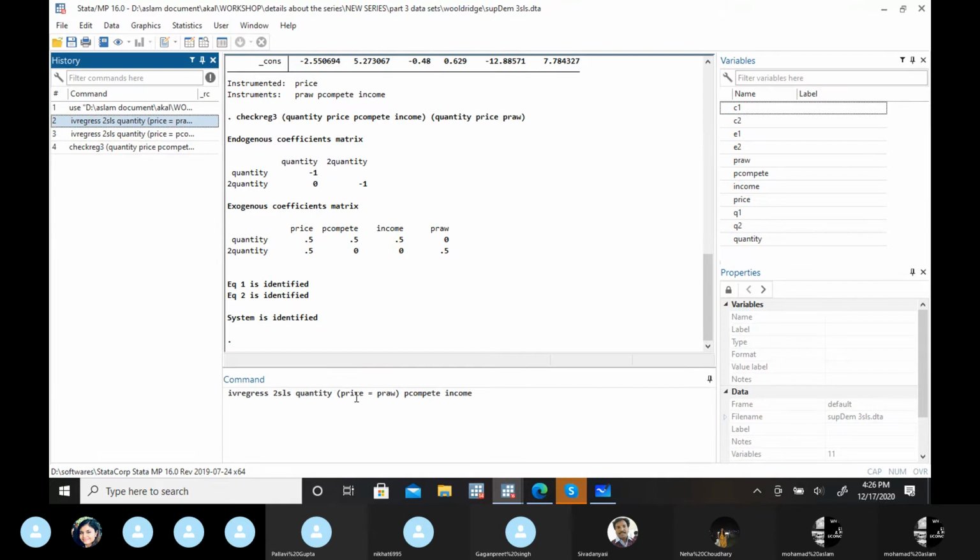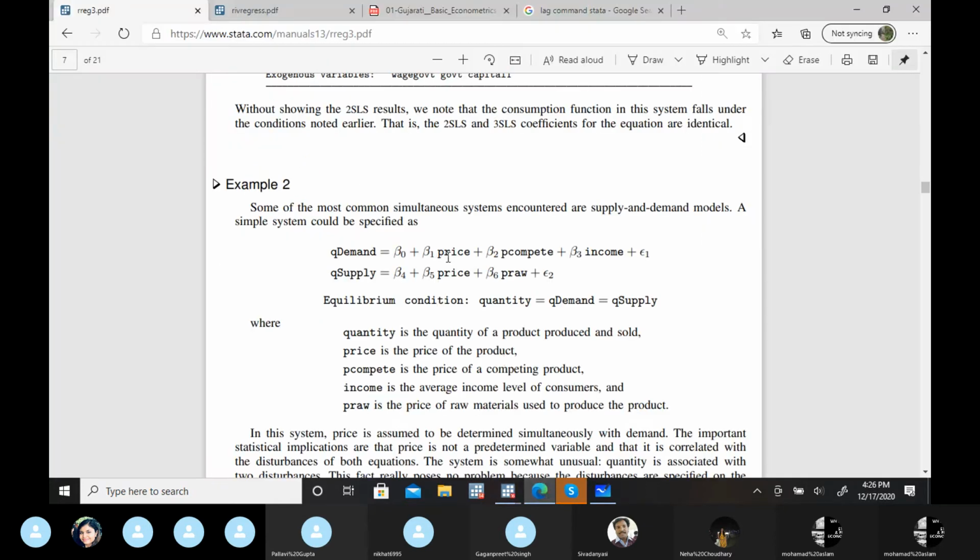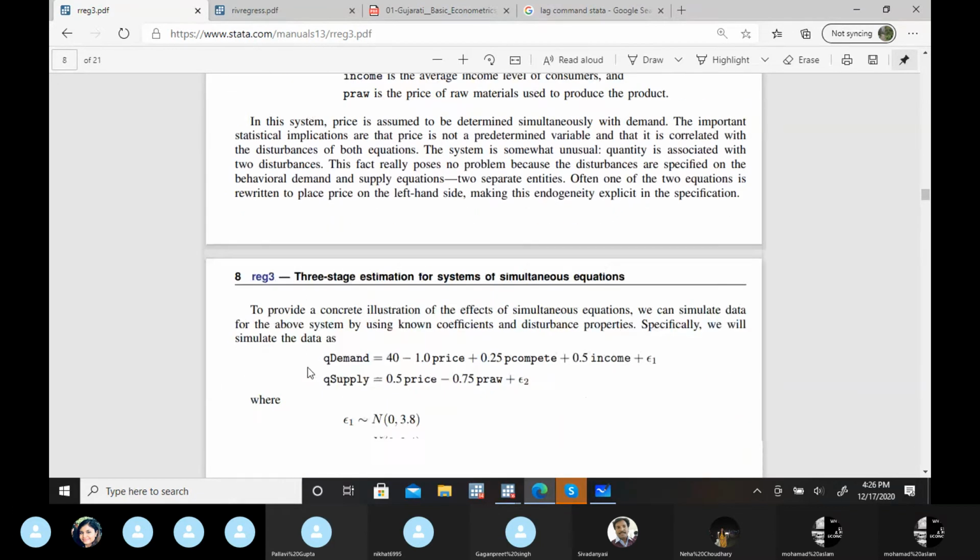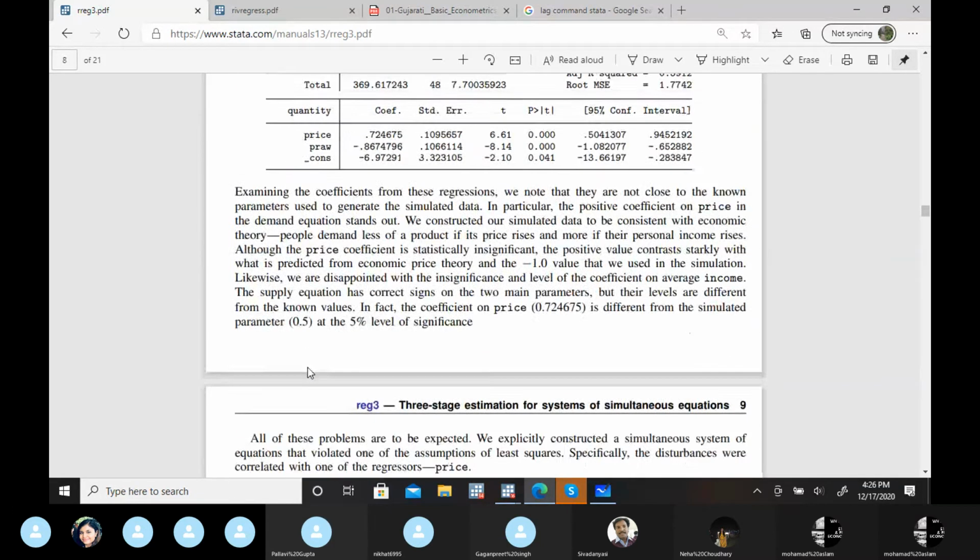Quantity is my independent variable. Then for the second variable, which one is the endogenous? For this variable, I'll take this instrumental variable, and I'll estimate this variable from which variable? The remaining predetermined variable in the second equation. So I'll estimate this variable from the second equation.